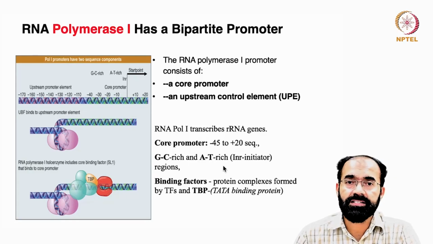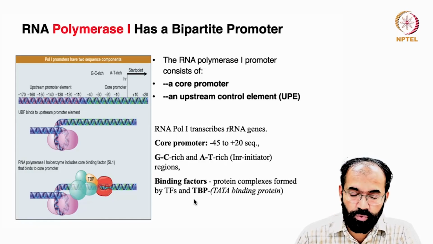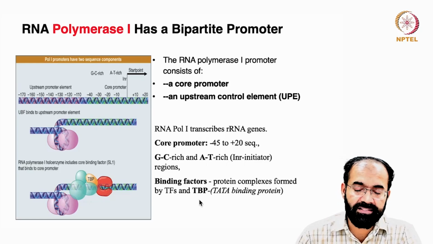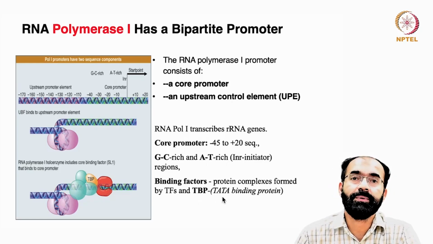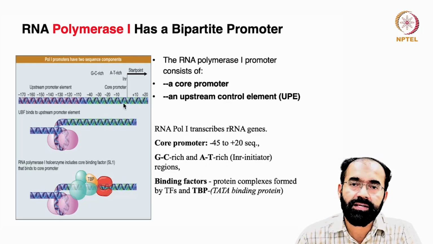And the binding factors are typical, as you saw in the case of RNA polymerase 2, and this complex is formed by transcription factors, especially the TBP. That means TATA binding protein becomes handy even in polymerase 1,